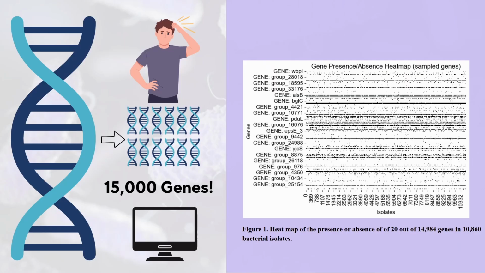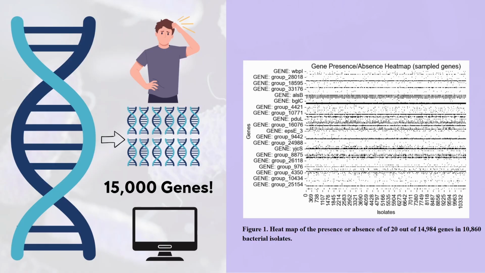Now imagine instead of a few ingredients, you have 15,000 ingredients to go through. No person or even a team of people could reliably find all the patterns across this amount of ingredients. Machine learning is a tool that allows us to process and detect patterns across large amounts of data and genetic information that we could not do on our own. The heat map on the right shows a small sample, the presence or absence of 20 out of 15,000 genes